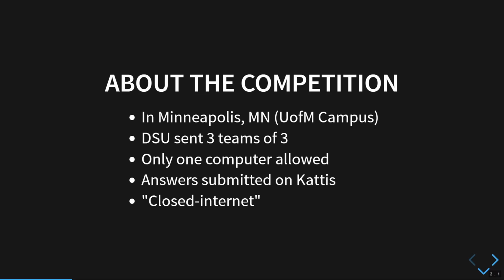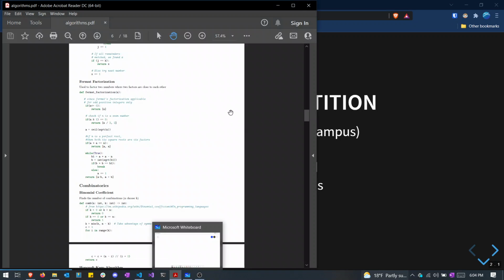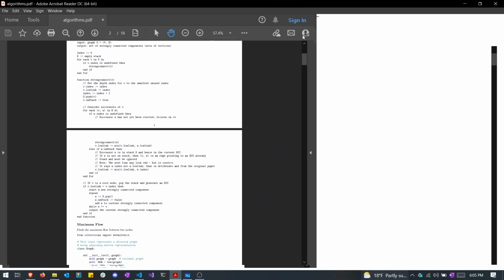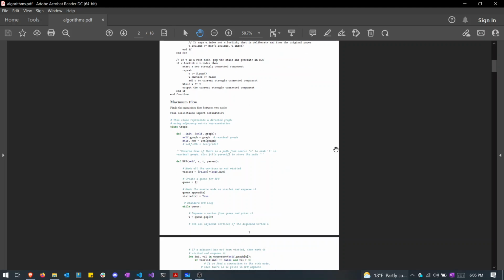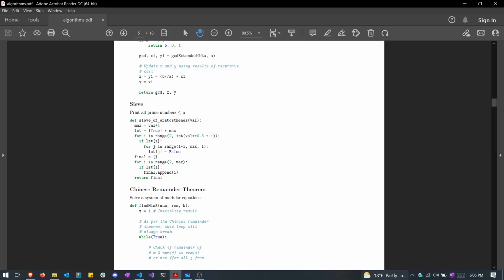So if you had a textbook from one of your classes that you wanted to bring along, you could. What we did is we made a 20-ish page document full of important functions and algorithms that we could use, all in Python. Funny story with that is that our team decided to use Python less than 12 hours before the competition instead of C++. Okay, it was longer than 12 hours, but it was a slightly last-minute decision.